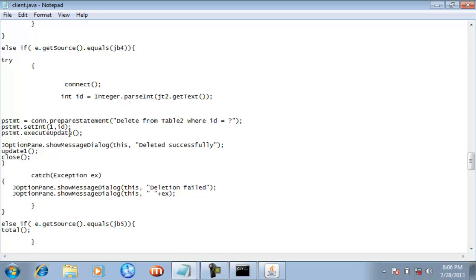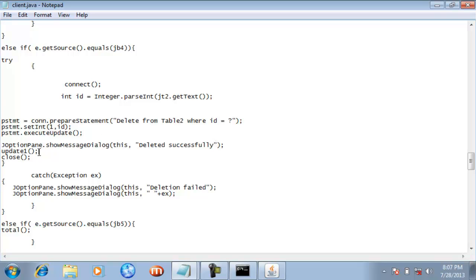In this way you will use the statement. Now we have used the executeUpdate method that exists inside the PreparedStatement class. With the help of this executeUpdate method, this SQL query will be sent to the MS Access database, and there this SQL statement will get executed. After execution, the row having this id value which is stored inside this id named variable will get deleted from your MS Access database. And finally you will see a message of deleted successfully.